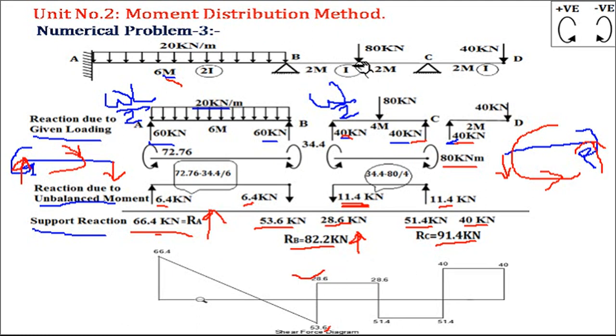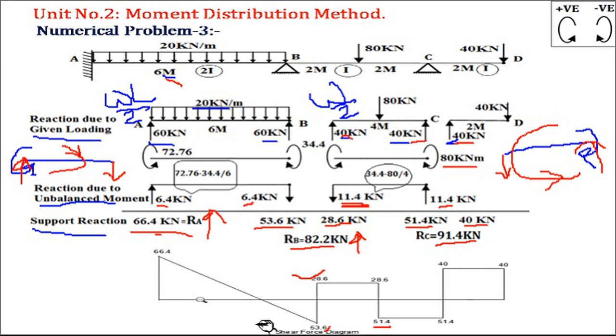Okay, now in this portion there is no load, so join by the horizontal line. Now here there is a point load of 80 kilonewton acting downward. So plus 28.6 minus 80, we get the value as minus 51.4. In this portion there is no load, so join by a horizontal line. So the reaction at C is 91.4. So minus 51.4 plus 91.4, it is plus 40. Okay, in this portion CD there is no load, so join by horizontal line. So here the value is 40. At D there is a point load of 40 kilonewton acting downward, so show it downward. Here the value is 0.